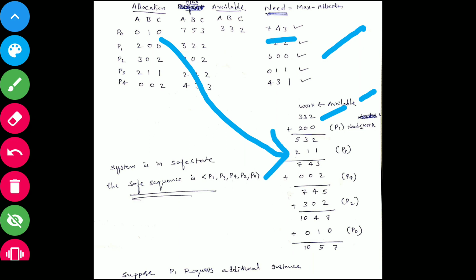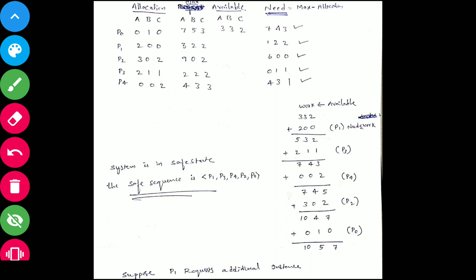If we do this for all these processes, then finally we got this one. And initially in the question, they gave A type 10 instances, B type 5 and C type 7 instances, so finally we can do the cross verification. So this is the safe sequence. So next, the system is in safe state.